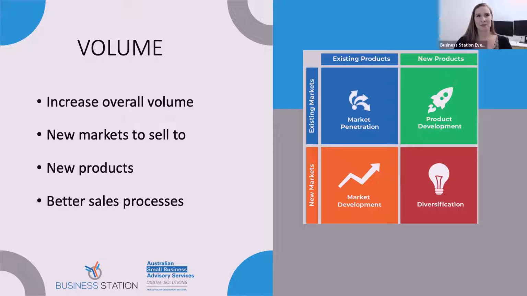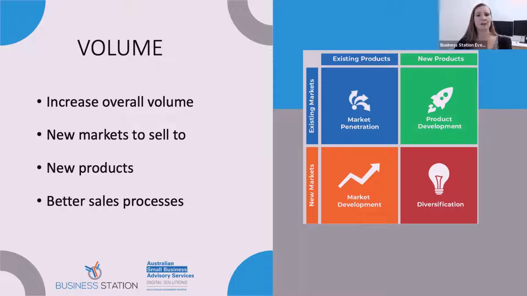Then that last element, diversification, that's where you've got a new market and a new product. So can you spread into new areas? So sell something completely different to your existing core product that will attract a new market. There could be cross-promotional possibilities there. If you've got a new product, you're drawing in a new market, maybe you could entice them with your other products or services, but essentially it's something that's complete diversification there. So think about those and just identify what your profit enhancement strategy is, or how you're going to increase that